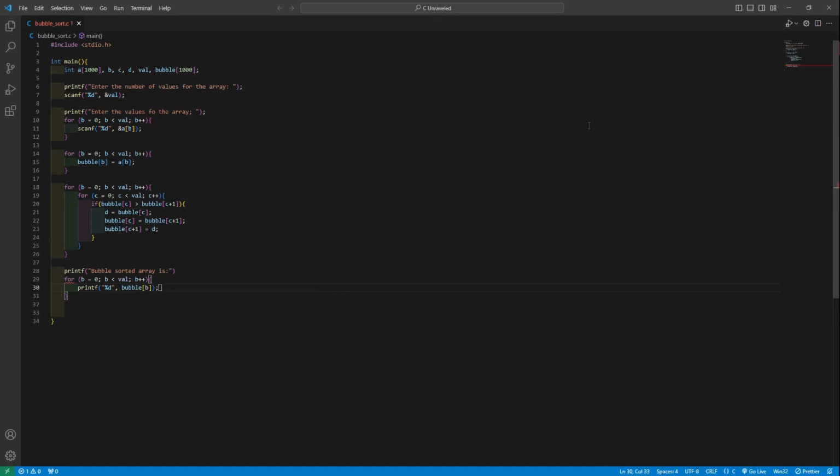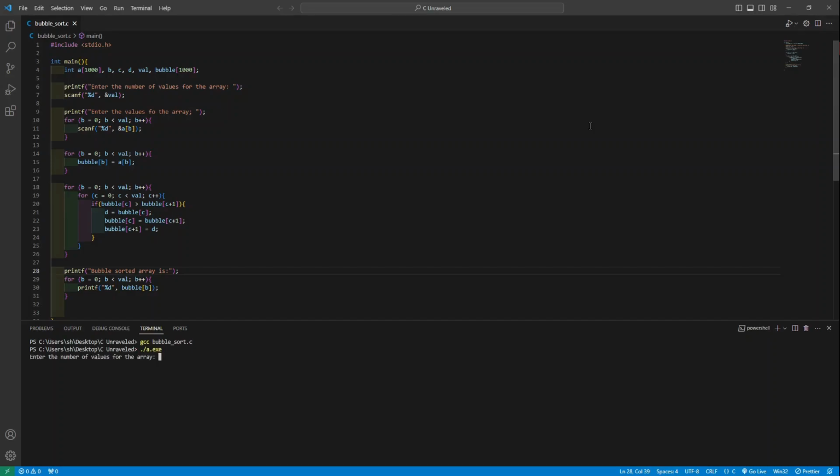So let's save it. Okay, I forgot to put a semicolon, which would have created a lot of problem if it went unnoticed. So we'll write gcc bubble sort.c